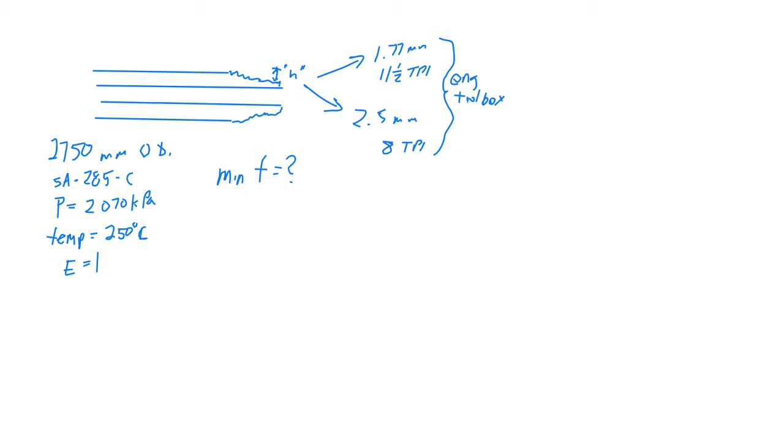So I can go back to my formula. I have to go to PG 27.2.2, and I'm going to use a minimum thickness formula that uses outside diameter, because the outside diameter is given to us, so I don't need to use the inside radius formula. So D over 2SE plus 2YP plus C. So let's write that down here. Thickness is equal to pressure times diameter over 2SE plus 2YP